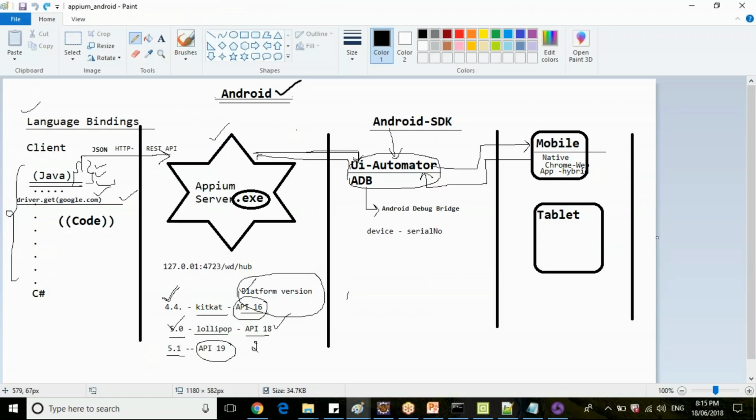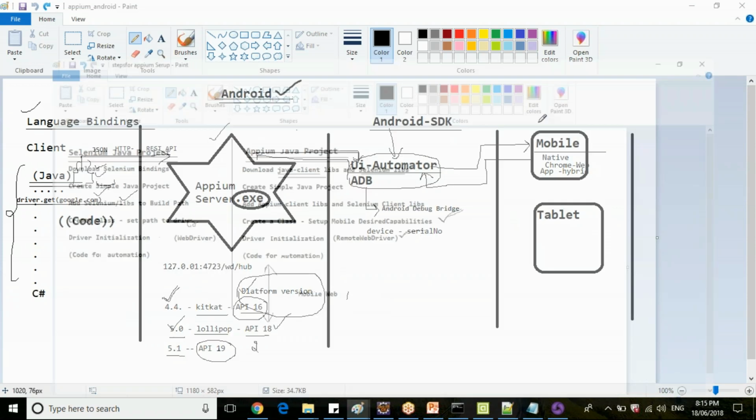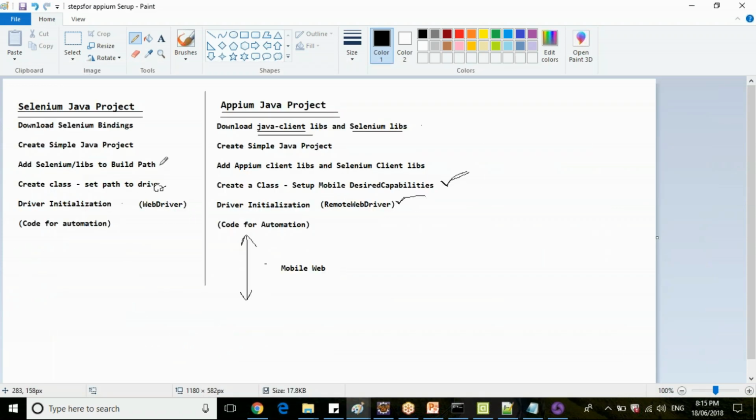So what is the step that you need to follow here? In Selenium, you were writing your system dot set properties, right? Okay, yeah. So after adding the build path, you are setting the path to driver. That is not required in APM because your APM will have your Chrome driver internally within itself.